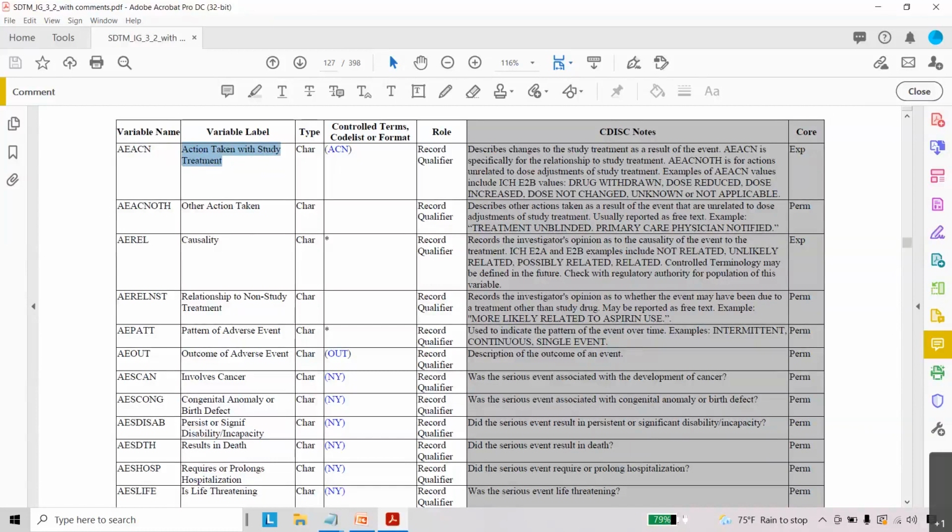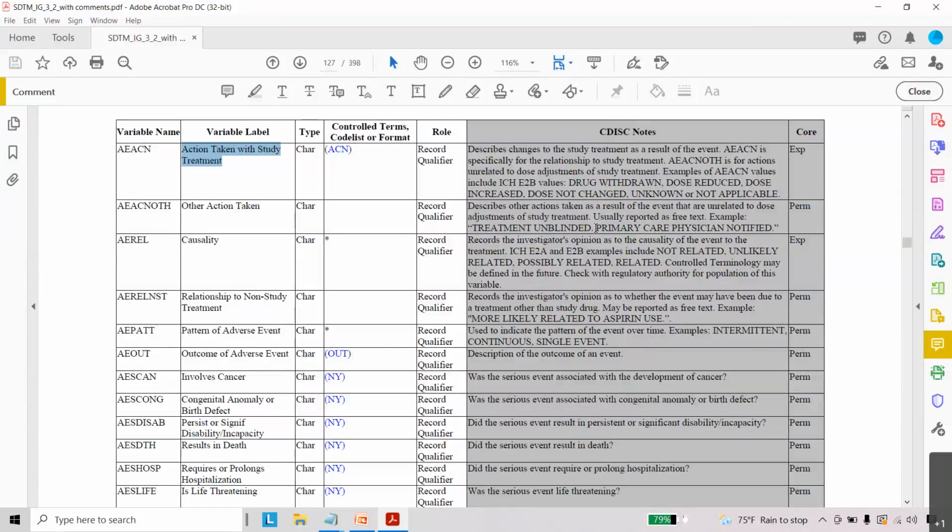And next is AEACNOTH, AE action others. What is AE action others? Is there any other action that has been taken? It might be something like treatment being unblinded, because if the treatment is blinded and we are not sure about it, the treatment will be unblinded and we can know the drug name.